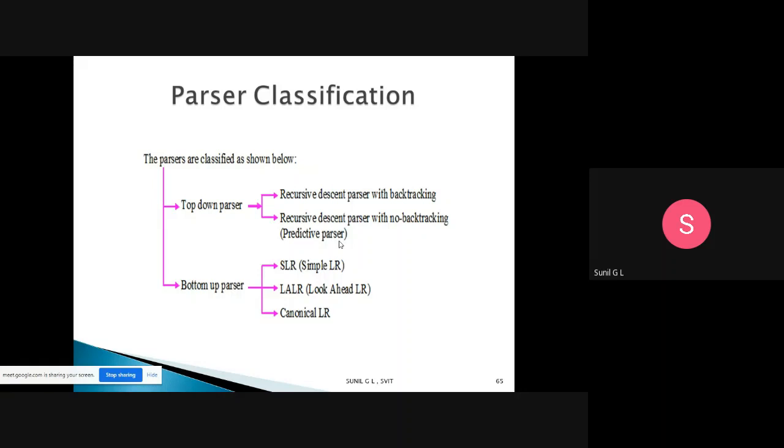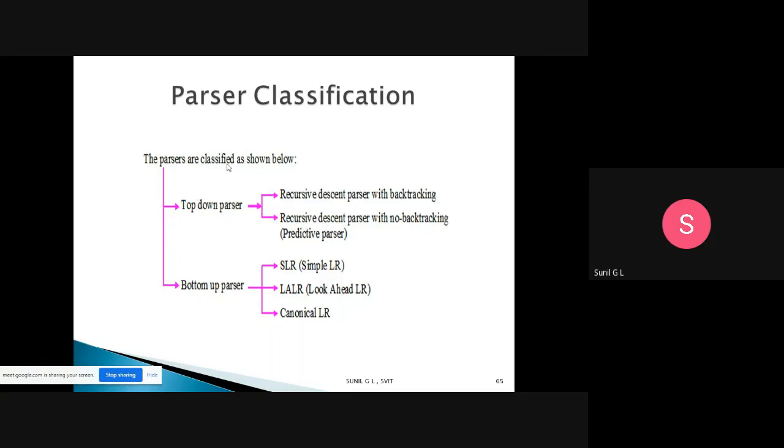So we have two things: top-down parser and bottom-up parser. In the bottom-up parser we will have three things. One is simple LR, the second one is LALR, that is look-ahead LR, and the third one is canonical LR. Today we will discuss only the top-down parser, and in the top-down parser we are concentrating on the recursive descent parser.